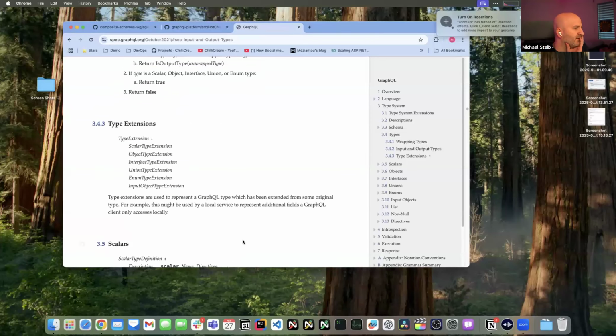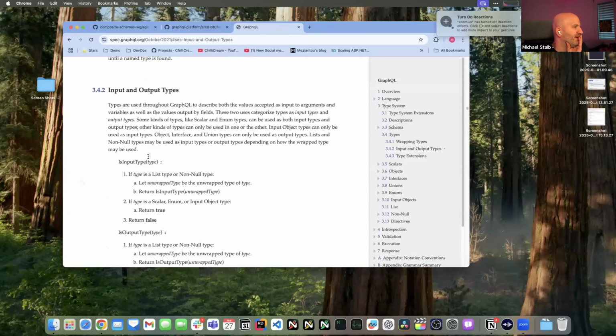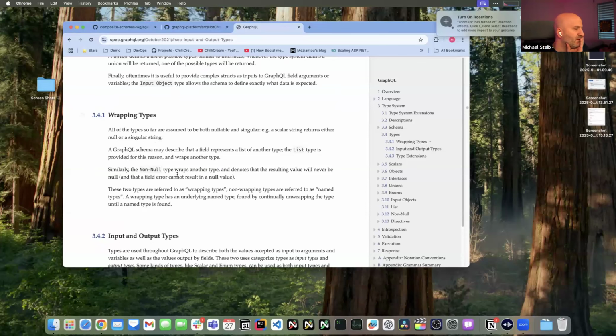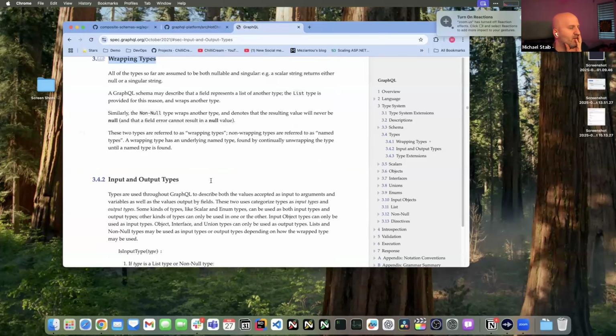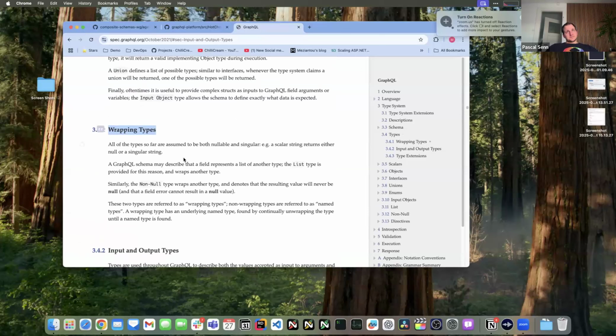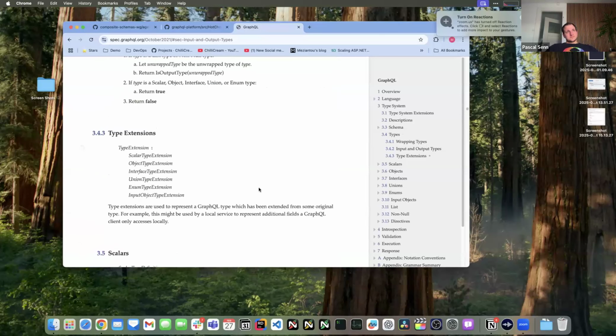So in the spec, Pascal, it's called, like, the new abstractions that we have are correct. That's what I mean. So we have wrapping types, that is basically non-null and list.